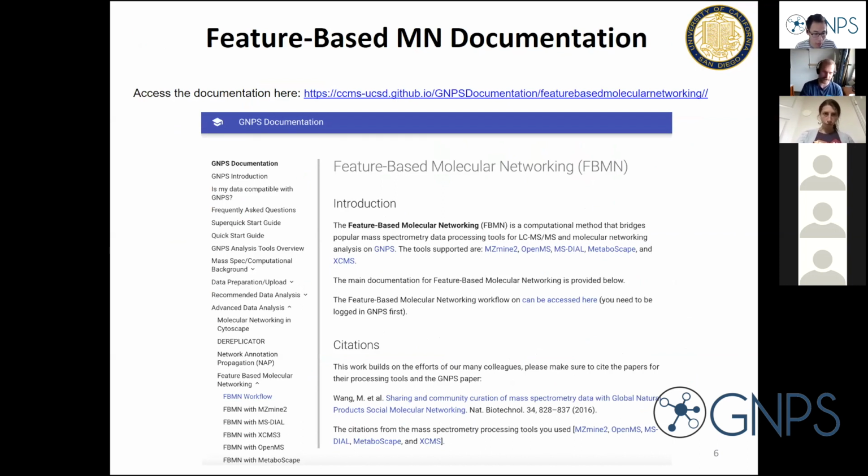We have extensive documentation, besides the plenty of workshops we're doing, such as this Zoom workshop right now. You can go online and read through that as a backup. So if you get lost, please feel free to visit our documentation page and go through that. That also includes video tutorials,